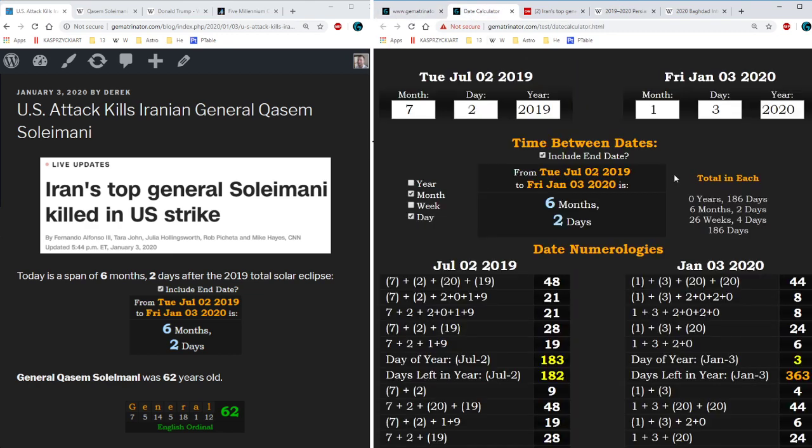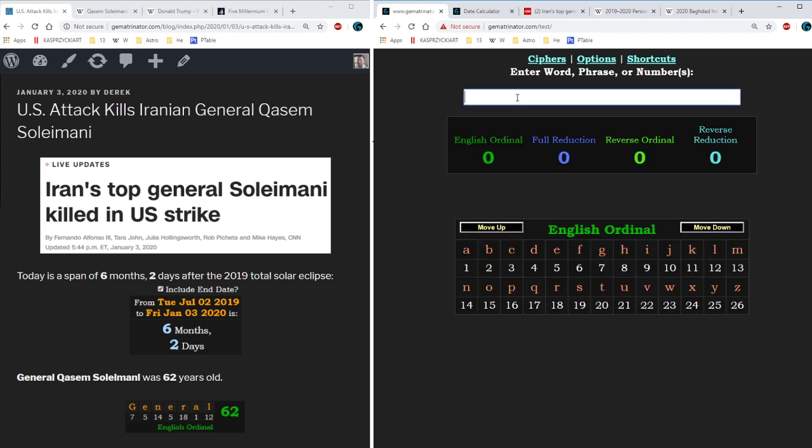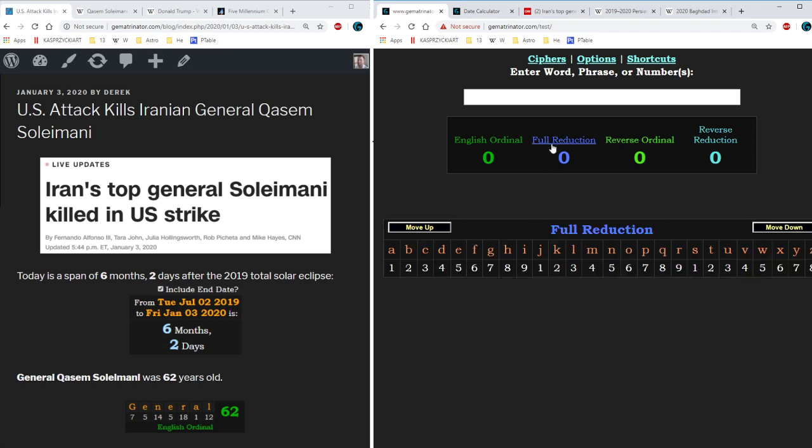Now, in addition to dates on the calendar and date numerologies, we're focusing on the language of Gematria, which is the practice of coding numbers into words. This practice is very simple, and once you understand that there's something going on behind this, the mainstream media, everything becomes much clearer. And we're going to look at how these decodes work.